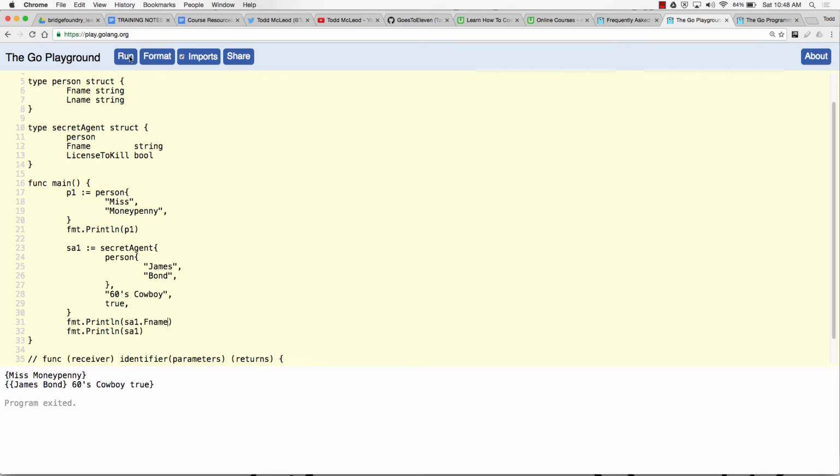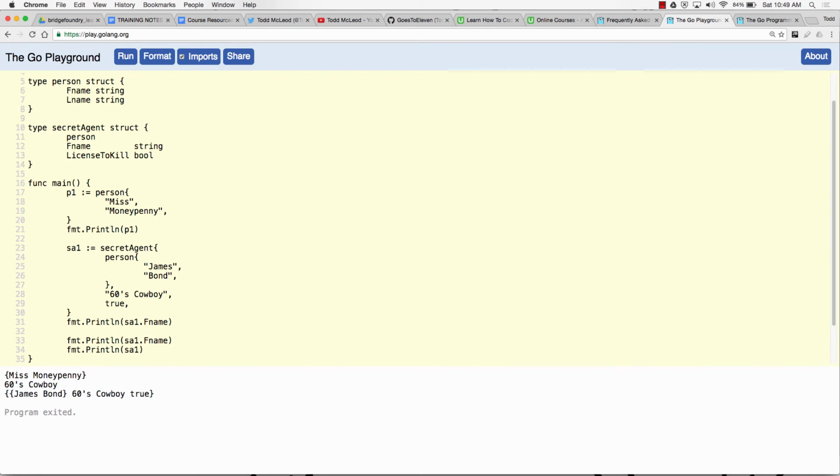How many people think I'm going to get James? I'm going to get 60s cowboy, right? 60s cowboy, but if I do this, I've drilled down with dot notation to James.